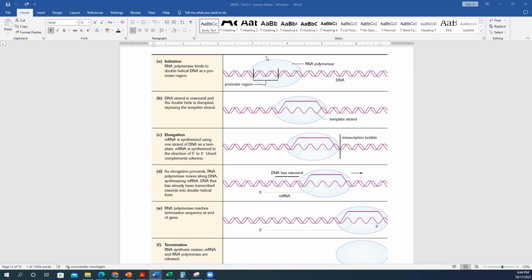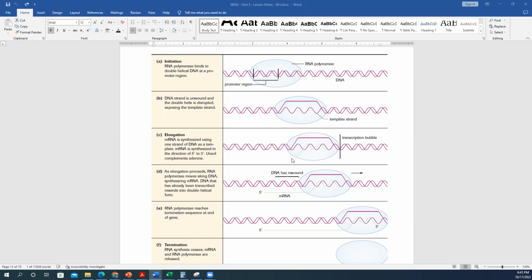So once this RNA polymerase binds itself to the promoter region, then the next step is for the DNA strand to be unwound and the double helix is disrupted. And what happens is it exposes this template strand, which is going to be what is copied onto the mRNA. So the next step, the second stage, is elongation. And this is where polymerase starts to build